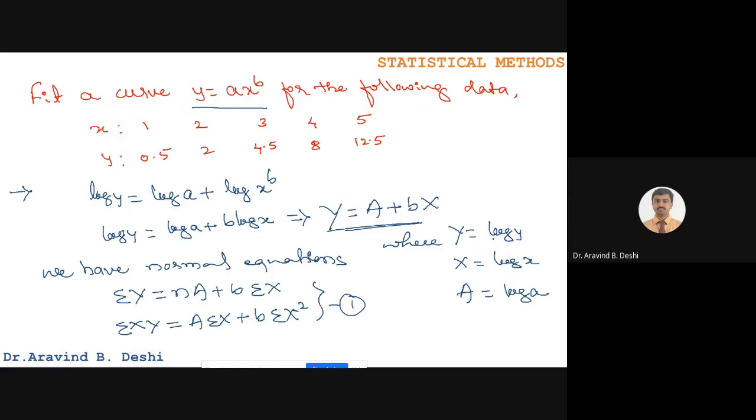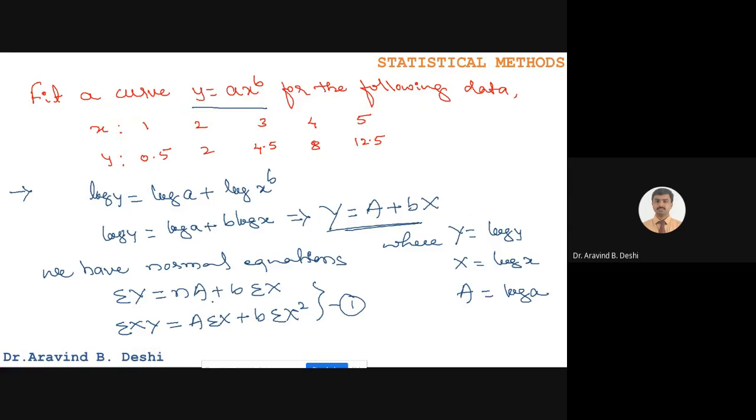In the calculator, we need to press ln because it is a natural logarithm, log to the base e. Therefore, we need to press ln in the calculator. Then we'll get a capital X, capital Y, extra column. Then multiplying capital X, capital Y will get xy, then x square. Then taking the summation of these four columns, we'll substitute in the system equation 1, and solving this system of equation we get